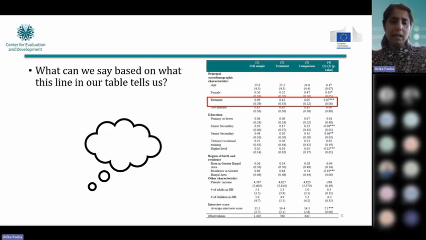So in this case, there is another variable or coefficient that we are interested in, and this is now, let's say, the returnee, exactly, the returnee status in our sample. So what we see here, for instance, is that this value is 0.07. In our treated group, we have 12% returnees, whereas in the comparison group, only